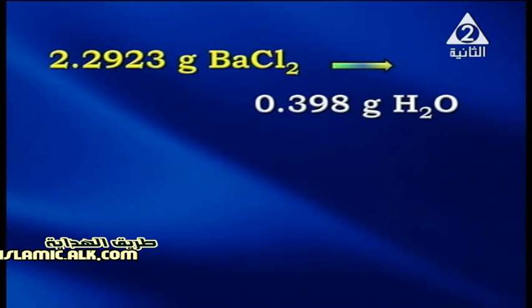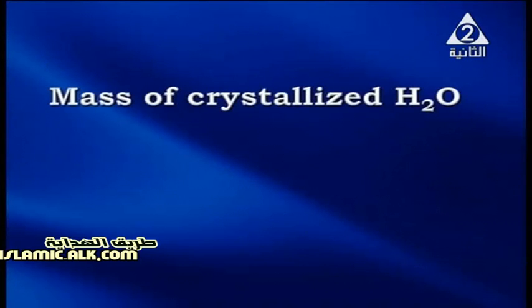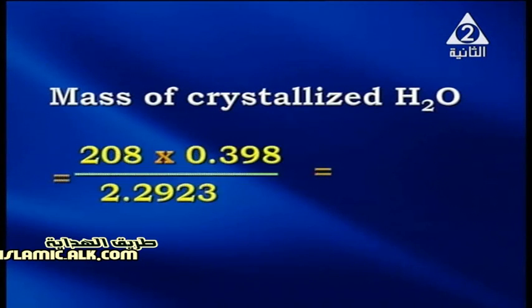Now 2.2923 gram barium chloride gives 0.398 gram water. So 137 plus 2 times 35.5 equals 208 gram barium chloride gives X gram water. So the mass of crystallized water equals 208 times 0.398 over 2.2923 equals